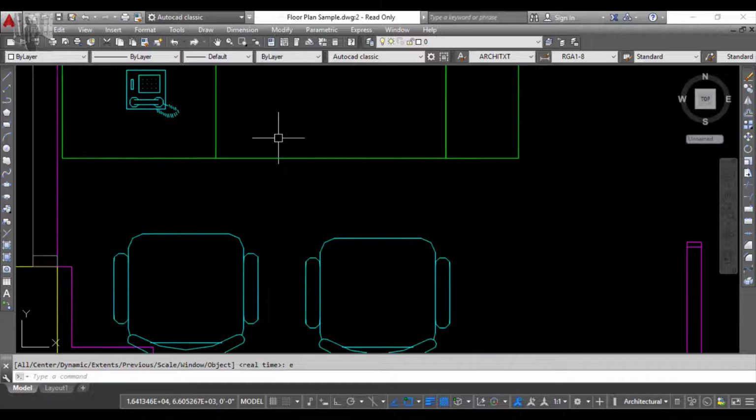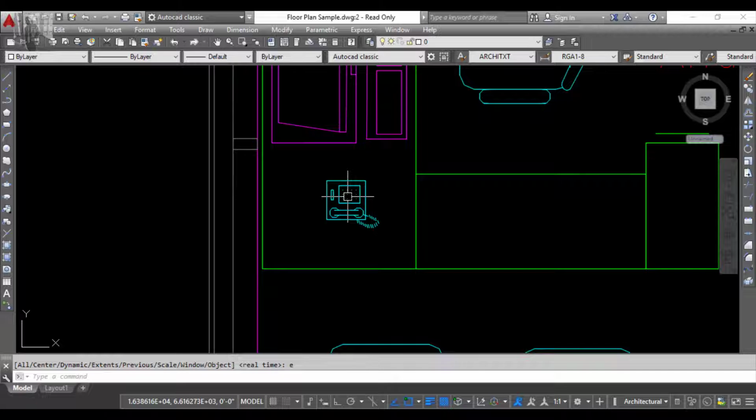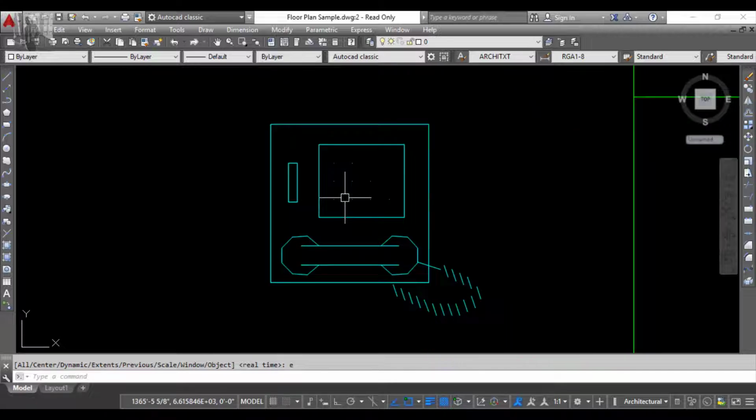Now suppose I want to go to that particular telephone. I will drag my crosshair to the telephone and pan it to the center of the drawing. Again, keeping the crosshair at the telephone, I will zoom in again. So you can see that we can zoom into the object directly with the help of the middle mouse button.